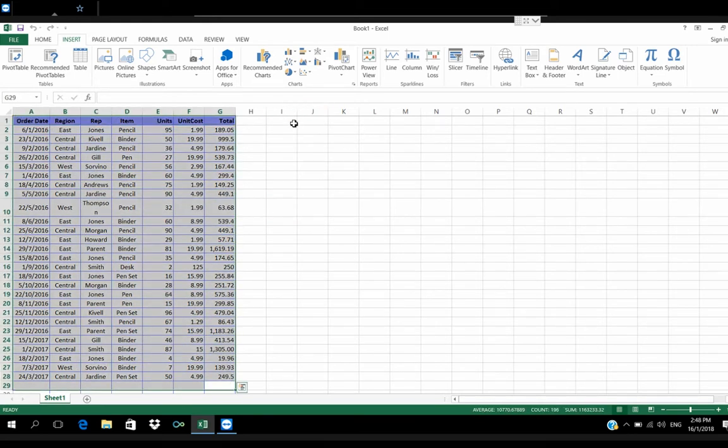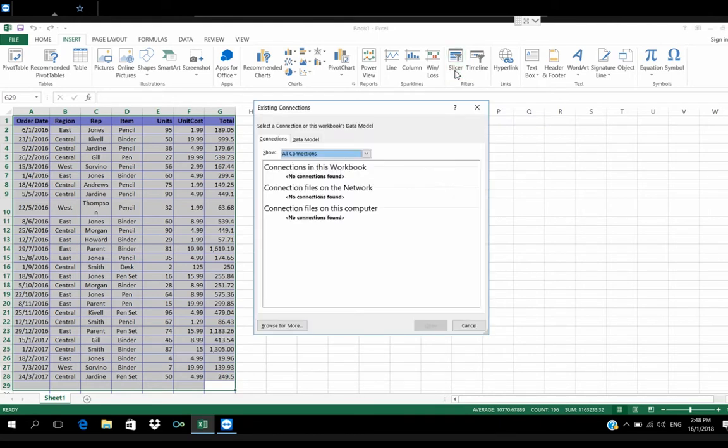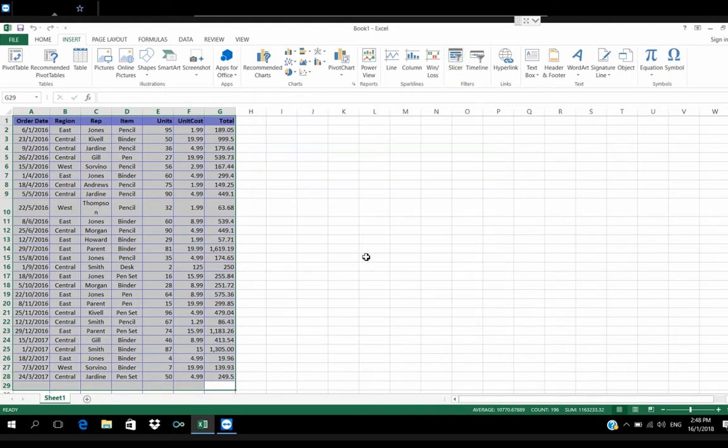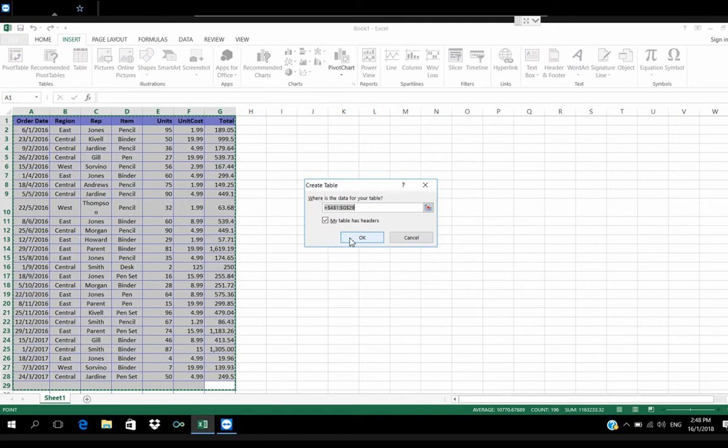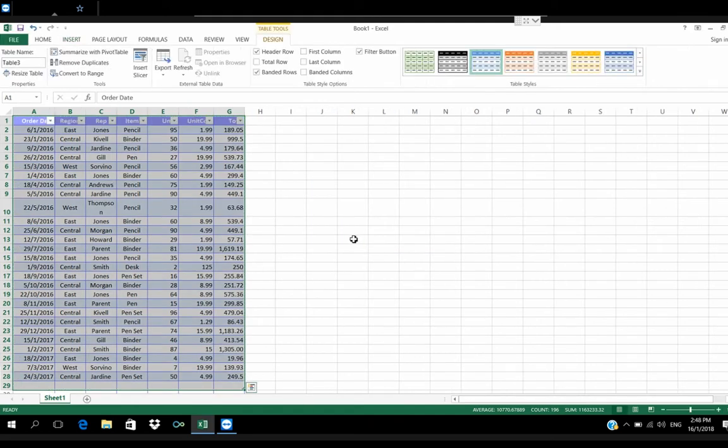Before forming a table, if I insert a slicer, it will show no connection found. So I'm going to form a table. Okay, after forming a table, let's insert a slicer.